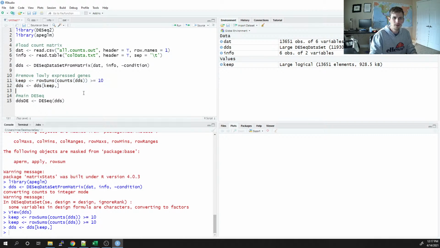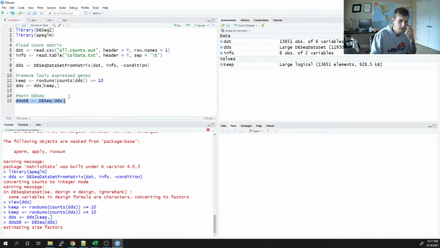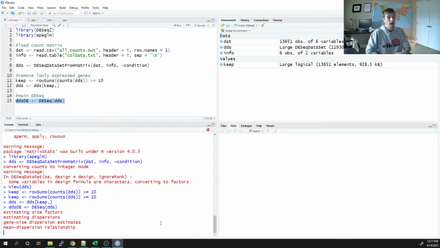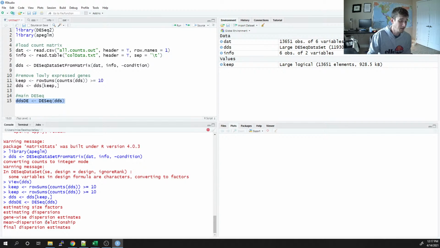Okay, that's changed, and now just running the main DESeq, right? This is going to do all the calculations that DESeq does to estimate differentially expressed genes, and so it's going to do some normalization, right? Because every library size is a little bit different,